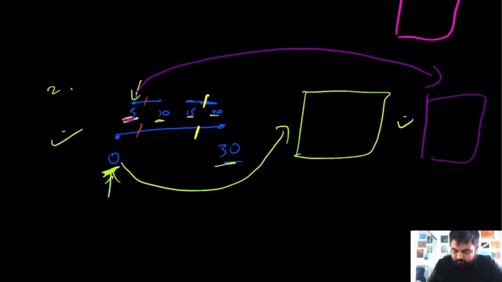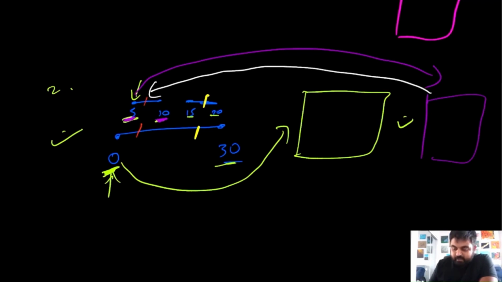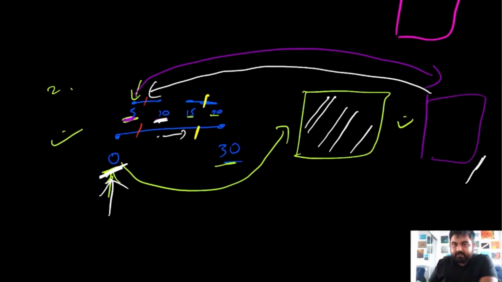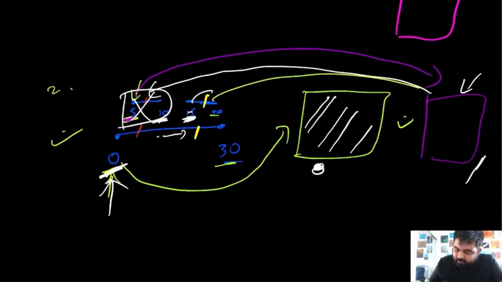At time 5 we started the meeting, but at time 10 we also finish this meeting, which means all the folks that attended it are coming out of the conference room, and now this conference room is empty, but this one is still occupied with the original ongoing meeting. So that we have to take care of. Continuing in this order, at time 15 we need one more conference room to attend the meeting. We check, this conference room is already occupied, so we can't use it. But this conference room is empty because its meeting has already been completed, so we don't have to worry. This meeting that starts at time 15 needs to be placed in this second conference room